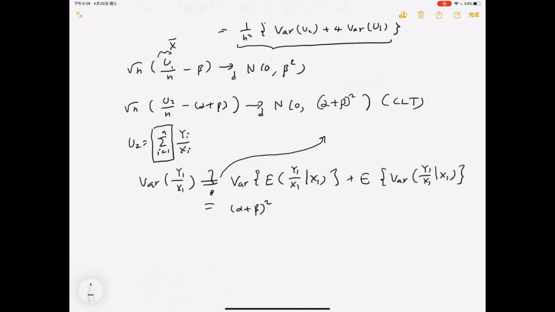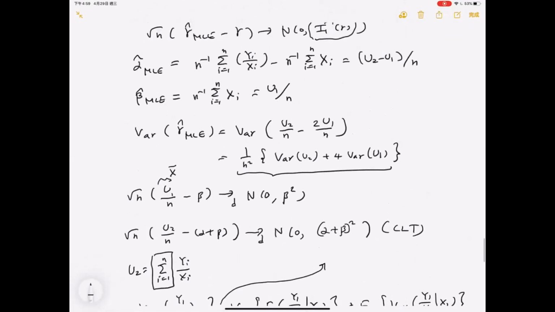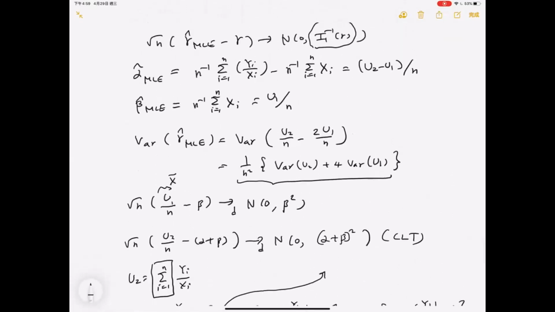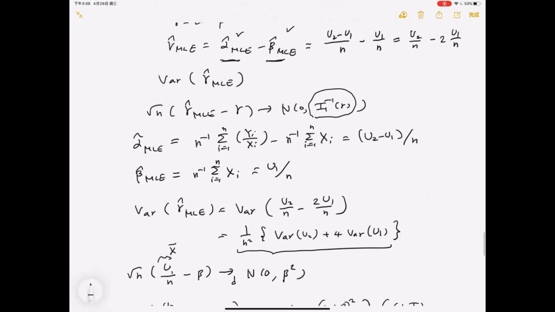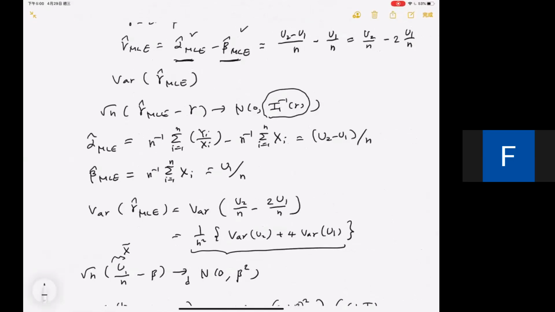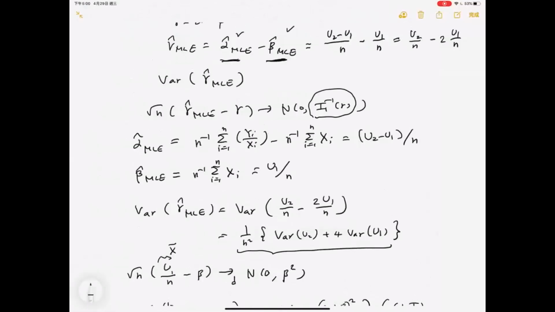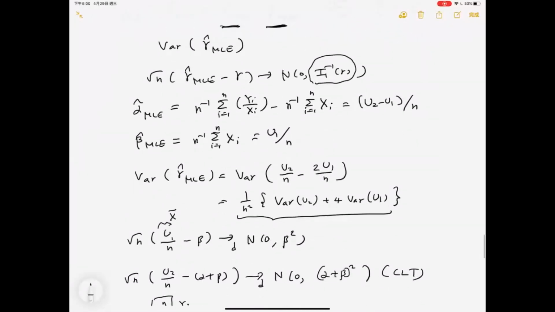So your target is gamma hat MLE, and gamma hat MLE would be alpha hat MLE minus beta hat MLE. So it means,